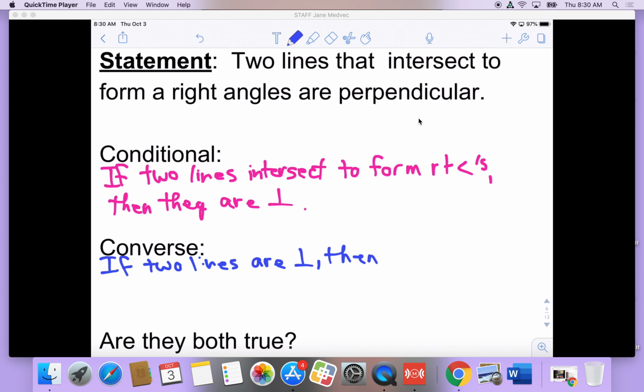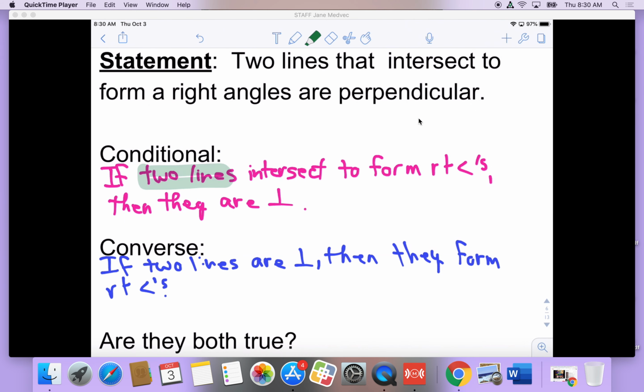The 2 lines intersect to form right angles. Okay, I'm going to put they, if that's all right. Then they form right angles. So one thing to be aware of is we establish in this one in particular that I have